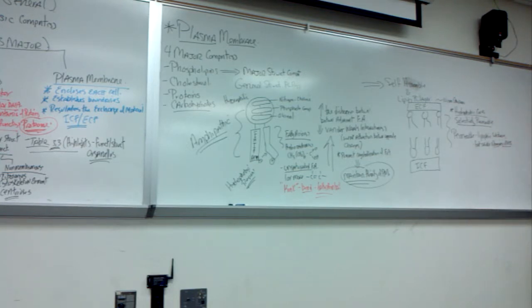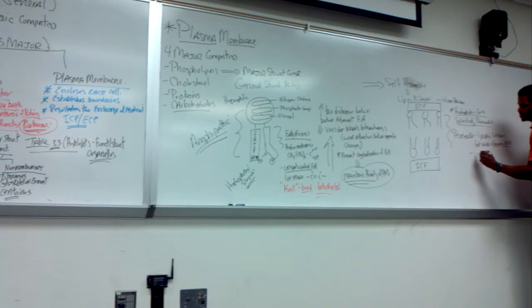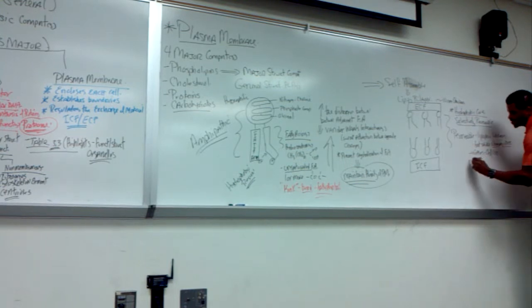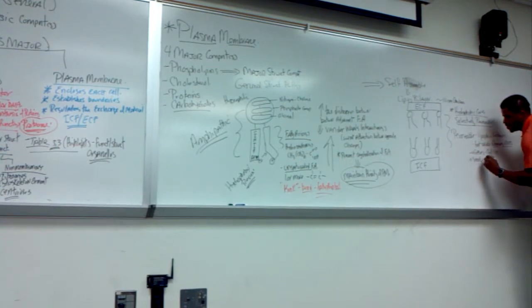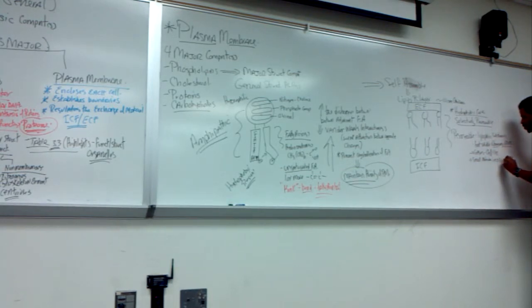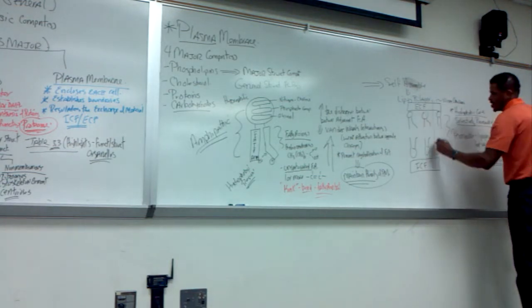The plasma membrane is also permeable to gases, such as O2 and CO2, and it's also somewhat permeable to small molecules. Even though water is a polar molecule, because of its small size, it's permeable. So despite the polar nature of water, because it's a relatively small molecule, it can readily cross the plasma membrane. The plasma membrane is impermeable